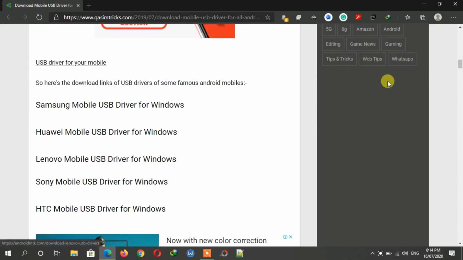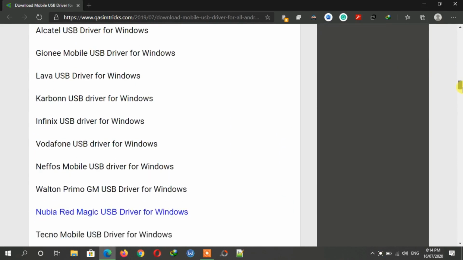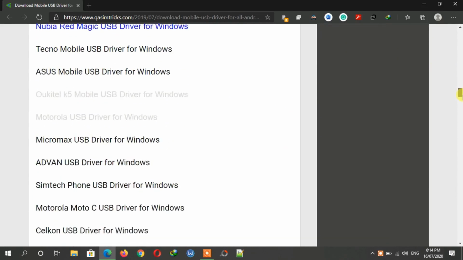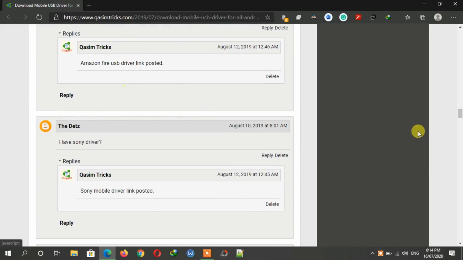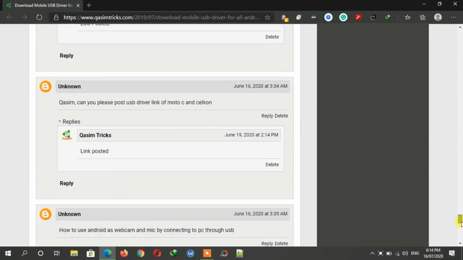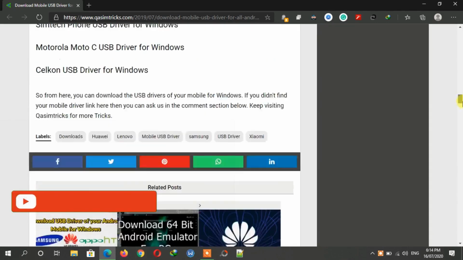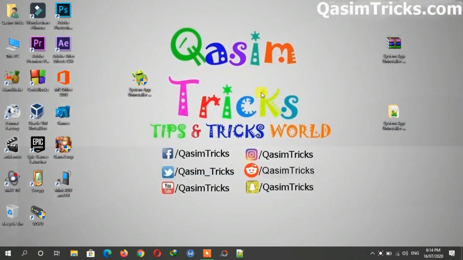Just scroll down and you can see many Android mobile USB driver links here. If you can't find your mobile here, then you can comment your mobile name, and I will post the link of your Android mobile USB driver. So download and install the USB driver of your Android mobile, and then connect your mobile to PC.